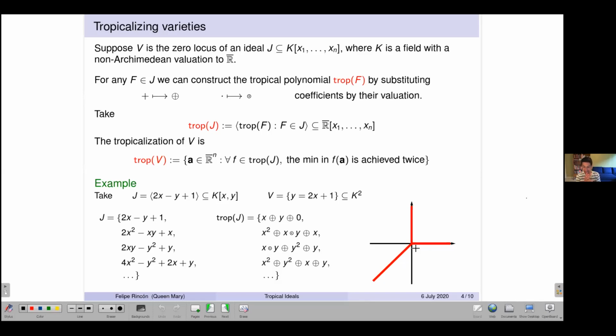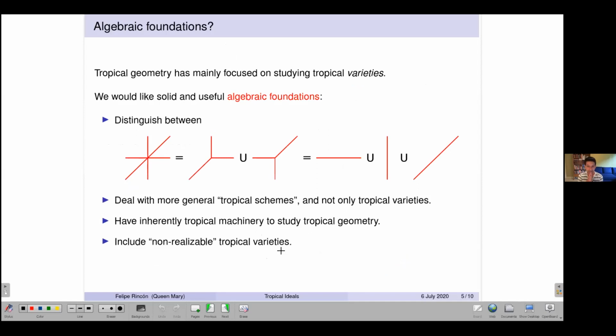In this particular example, I'm not sure if there are more polynomials. That's a good question. I would have to think about it, but in general, it's definitely not the case. The classical ideal is radical in this case. Yes, so I need to think about it, but in general it doesn't happen, and there is no well-defined notion of a radical tropical ideal. So let me continue and tell you that